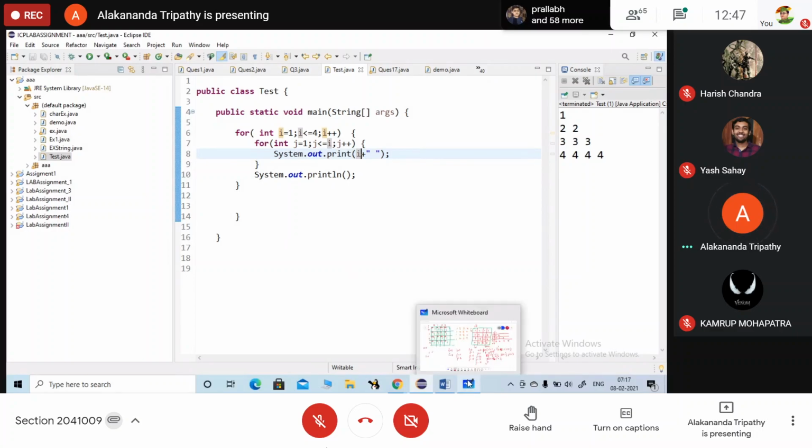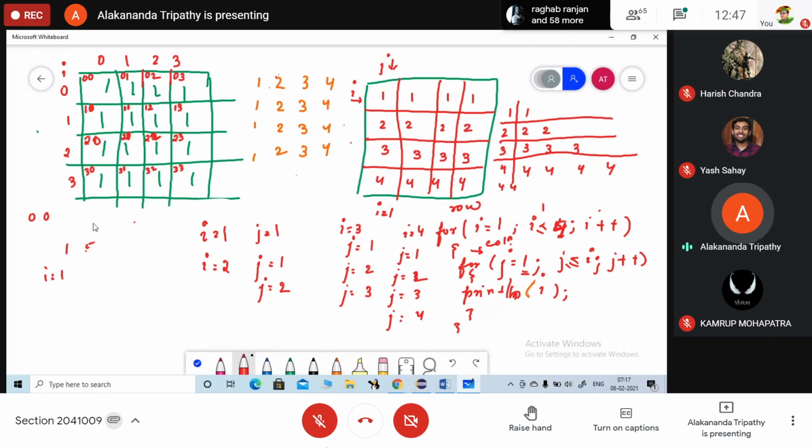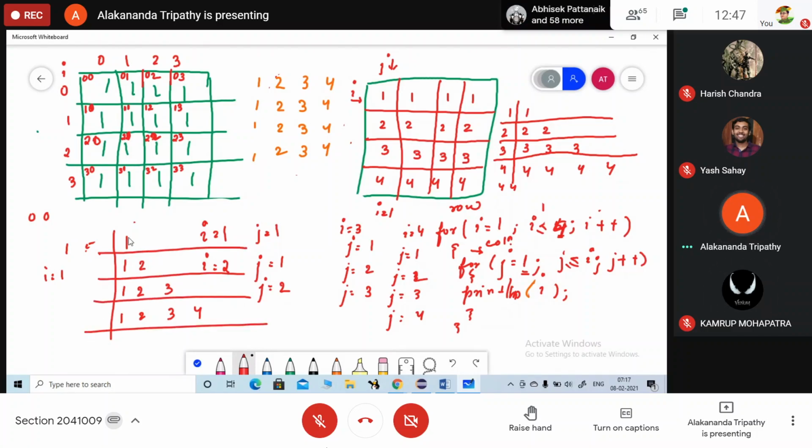Okay. Now suppose I want to print in this order: 1, 1 2, 1 2 3, 1 2 3 4. Tell me, which value is printed here?